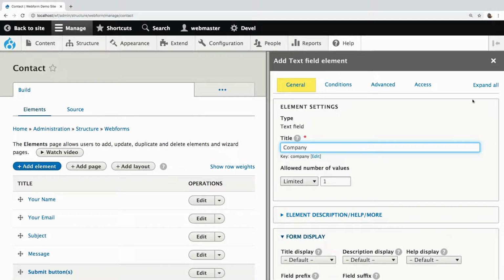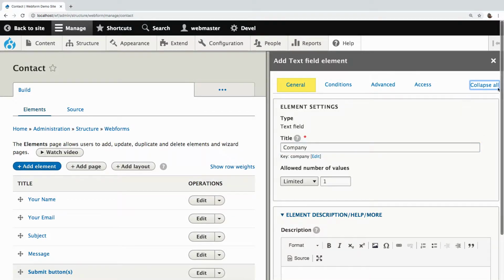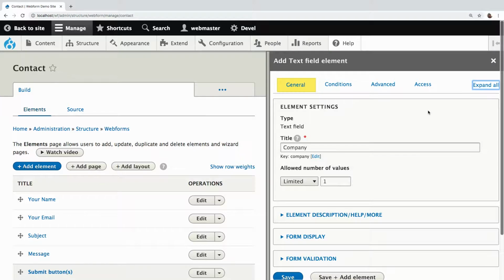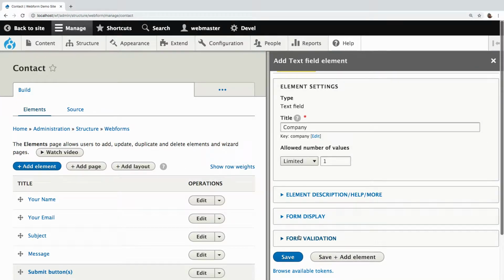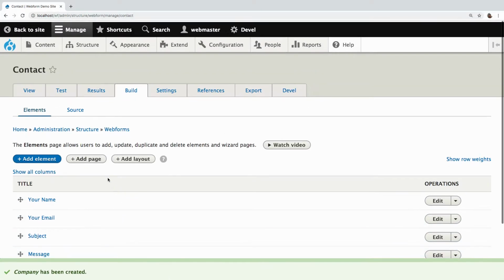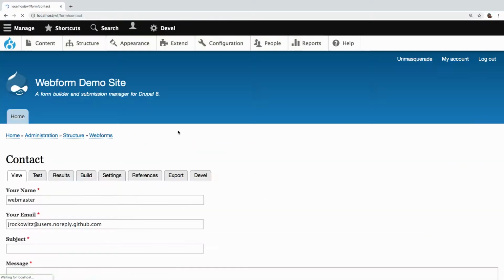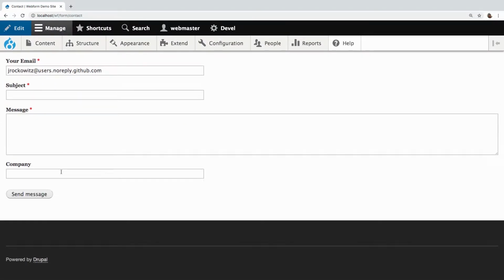I'm not going to go through all these options. I'm actually going to collapse them so we can go through it a little quicker, because you just need to set a title, and that'll generate a name. I'm going to hit save, and I'll just show you it adds it to the bottom of the form. And it should say your company, it should be at the top of the form, and I kind of want